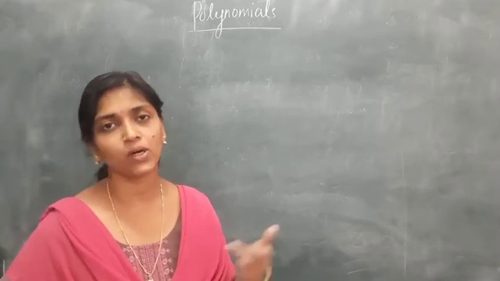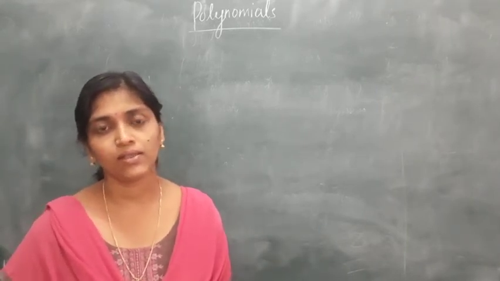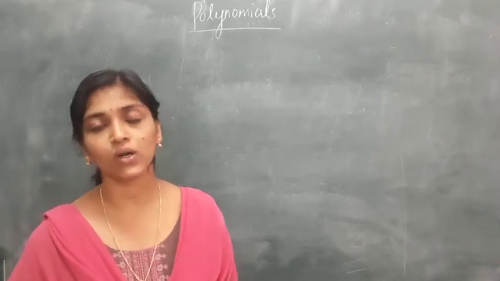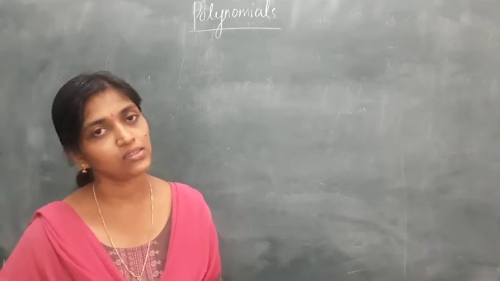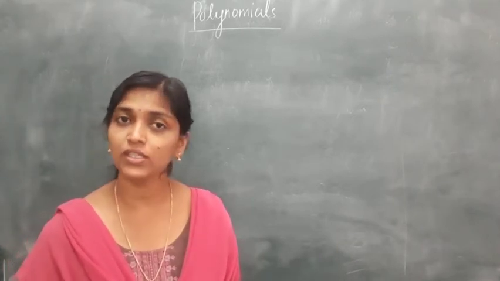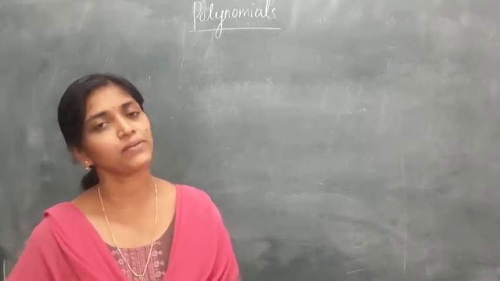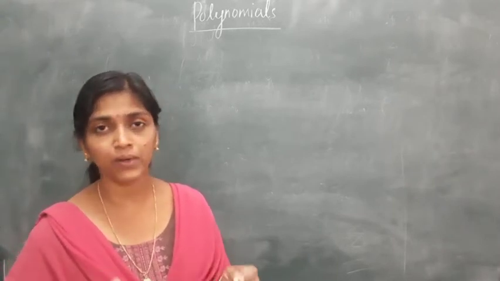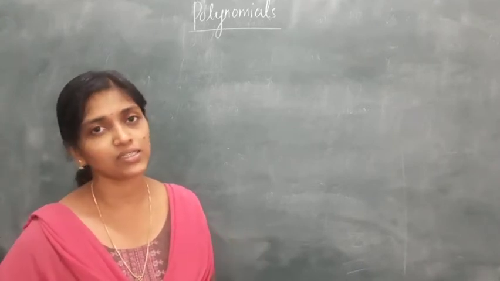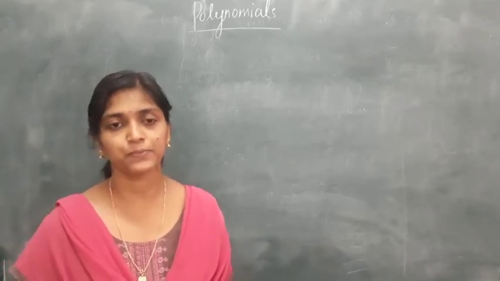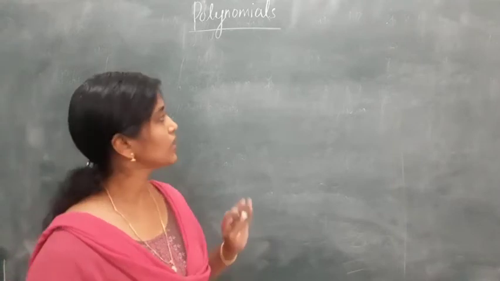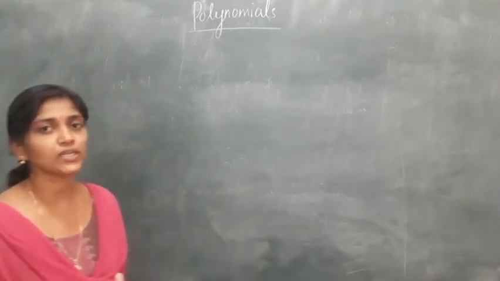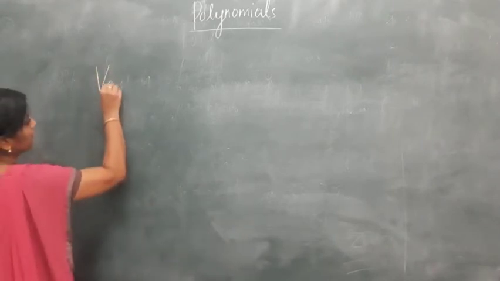Also we studied constant polynomial, and then zero polynomial. We know the degree of a constant polynomial is 0 and the degree of a zero polynomial is not defined. So we have studied all this, and keep this, it's important. We are using this next year in our 10th standard. Now we are going to the next section, that is today's section. We are going to study about value of a polynomial.